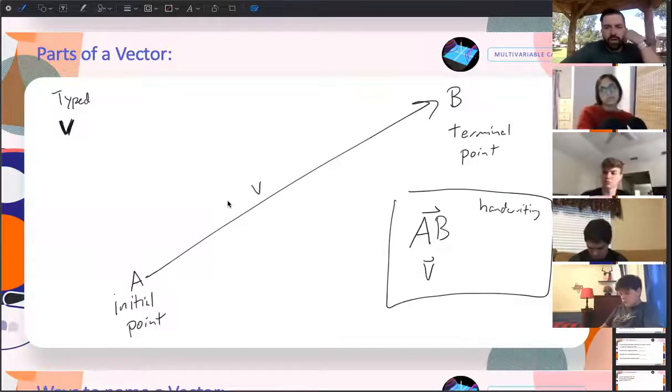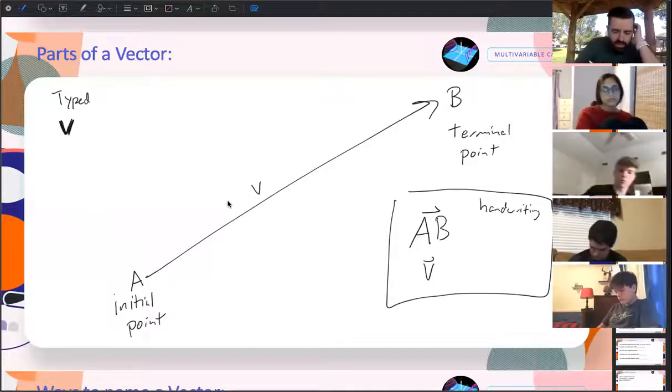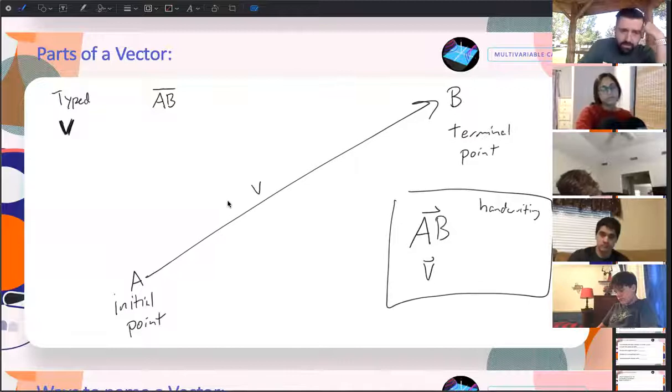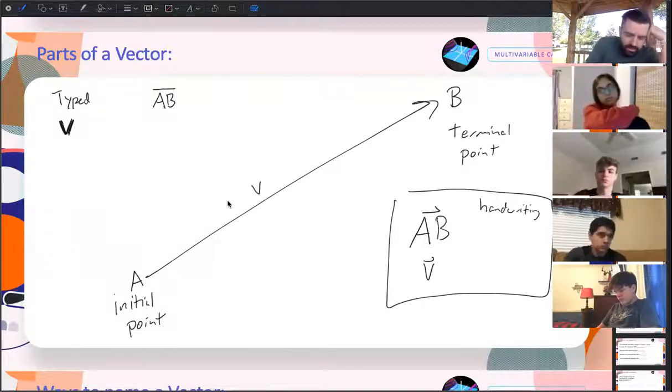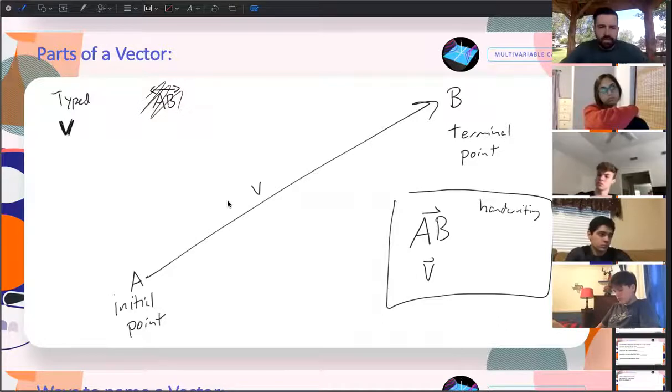Symbols do matter. In college level math, you start mixing things. So I keep referring back to geometry, but geometry is part of a lot of courses. When we see AB, that can mean the length. If you write it this way, it can mean a line segment. If you write it that way, it can mean a line. So we want to make sure that we're doing correct notation so that it's not confusing when you start putting things together.